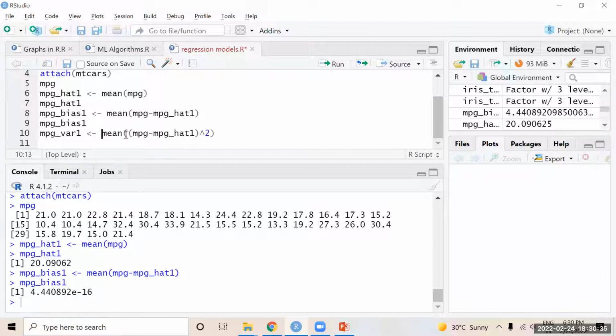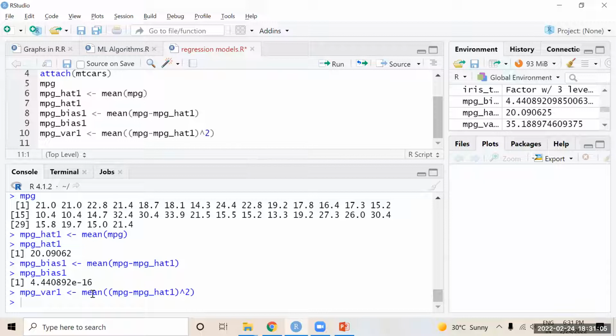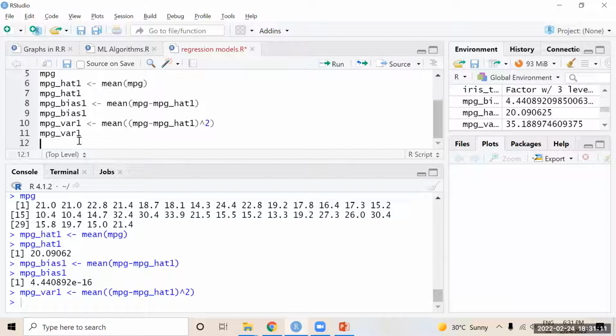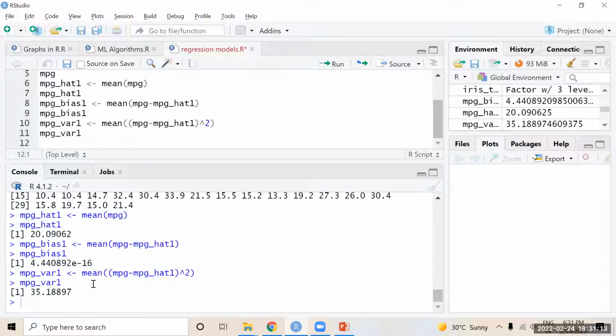Now here I am calculating the mean, sigma i equal to 1 to n, (xi minus x bar) whole square. This is used to calculate the variation and its squares, the differences between each observation and the average of the values, and the squares of that, the sum of squares. Now if you want to know the value, you can type like this and execute it. So this is the sum of squares.